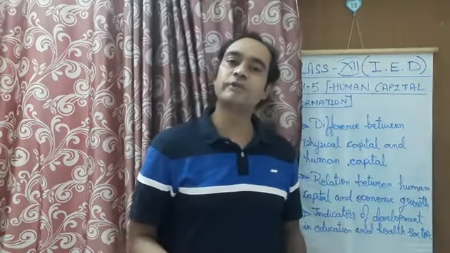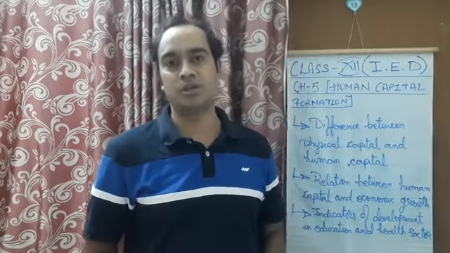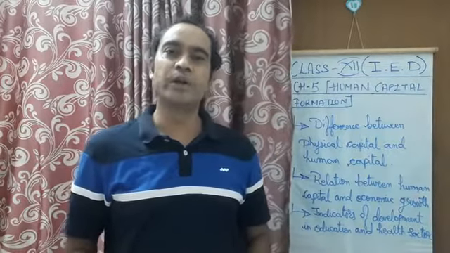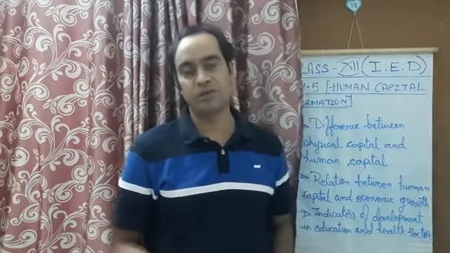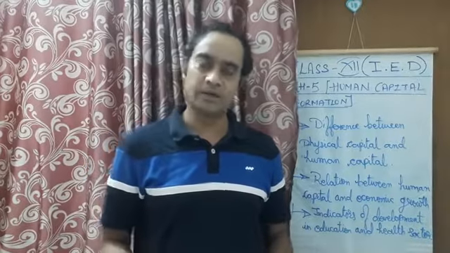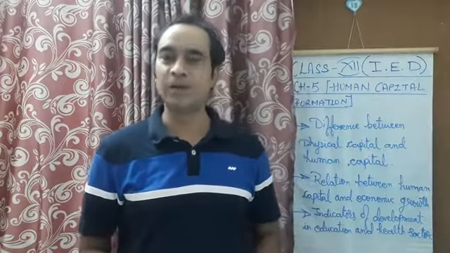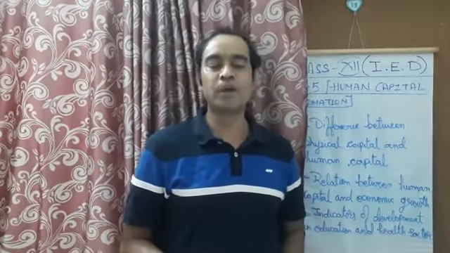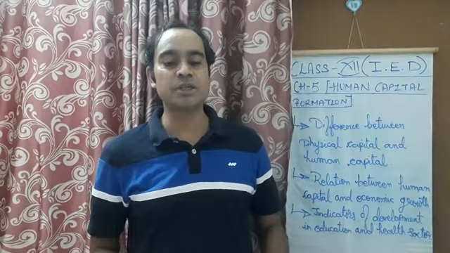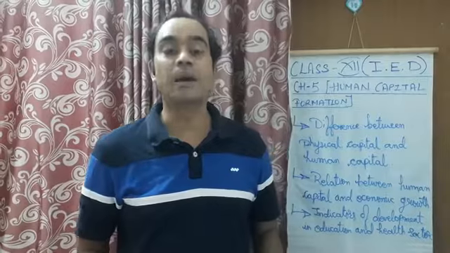On the other hand, if you see the fifth point of difference, then formation of physical capital is an economic and technical process. So this formation of physical capital is related to economic and technical process. If the technology of this particular machinery is going to improve, then it can produce more, isn't it? And it can lead to economic growth. But on the other hand, if you take the example of human capital, then formation of human capital is partly a social process and partly a conscious effort of the processor of the human capital.